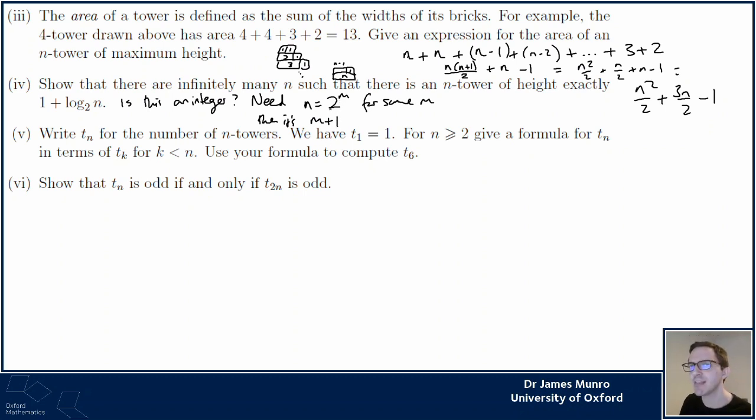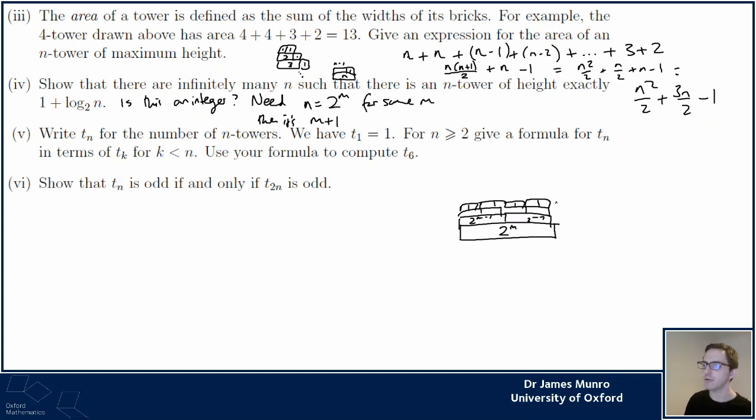Powers of 2 is making me think of that thing I did where I split 4 into 2 and 2. M plus 1. This is quite a short tower, isn't it? Because the bottom brick is really wide, 2 to the m, but the height is only m plus 1. So I think I want to get small really quickly. What if I split it in 2 each time? So if I split each brick, if I split each one in half each time,